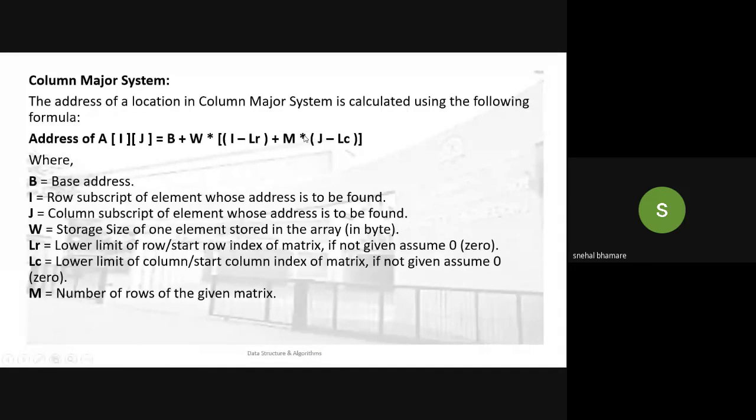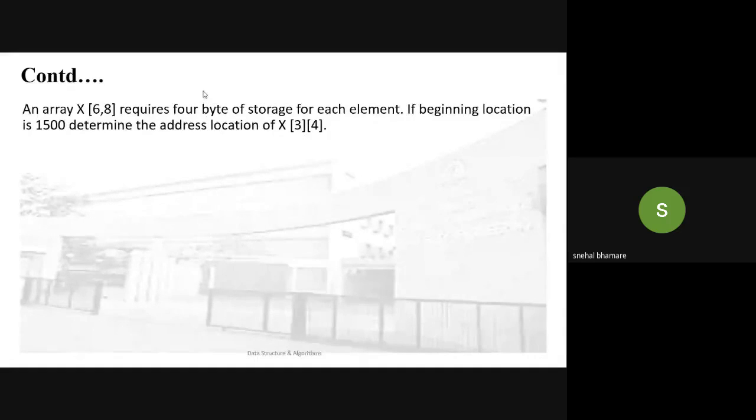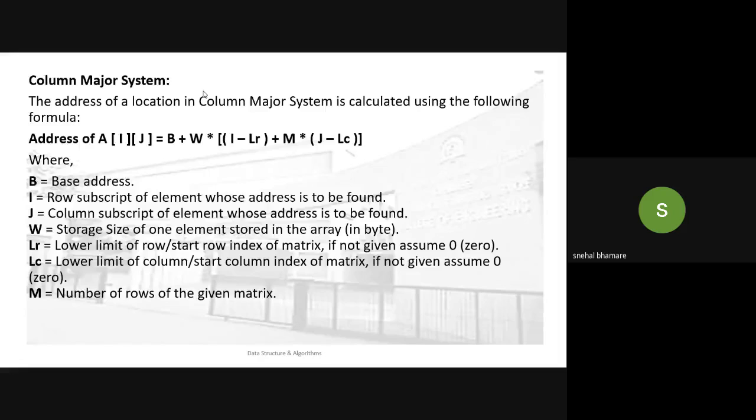Now the question was, an array of x 6 of 8 requires 4 bytes of storage for each element. If the beginning location is 1500, determine the address location of an element which is stored at the x of 3/4 location. Okay. These elements are stored using the column major format. So find out by using the previous formula. The formula was address of A of ij is equal to B plus W into square bracket I minus LR plus M into J minus LC.